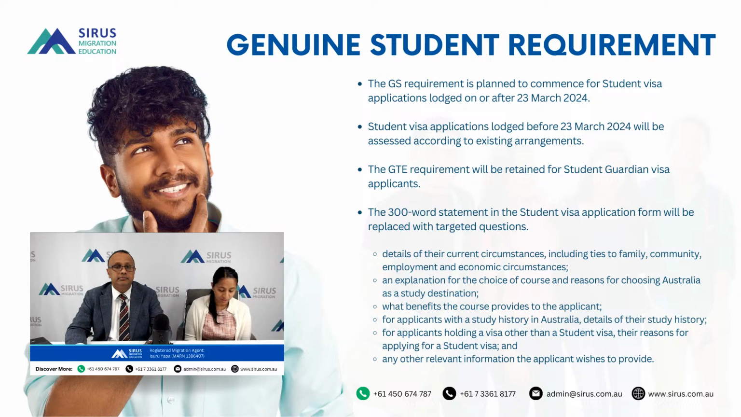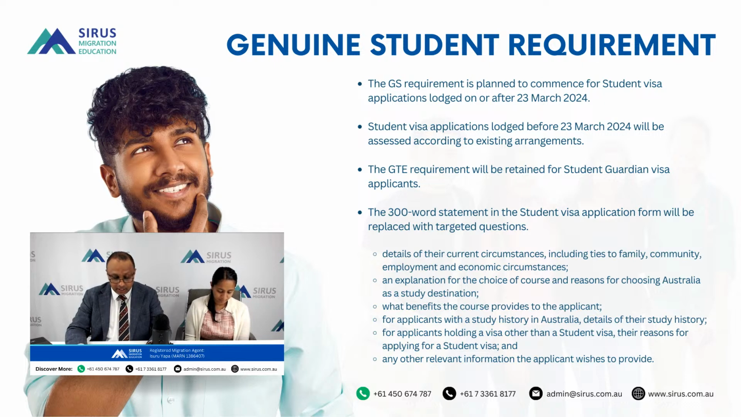And also, if they are holding a visa other than a student visa, then they're going to ask why you're applying for a student visa. And lastly, they're going to ask for other relevant information the applicant wishes to provide. So they're going to use this criteria to determine if the applicant is a genuine student or not. So the main difference is instead of writing a 300-word statement, they're going to ask specific questions that would have been in the actual statement, to be answered within the application form